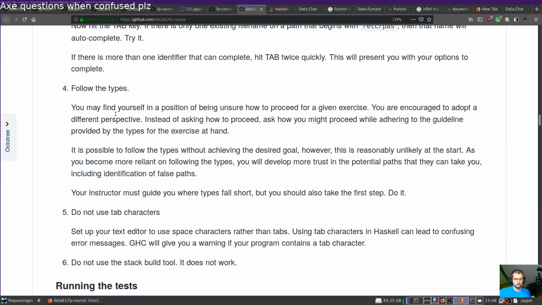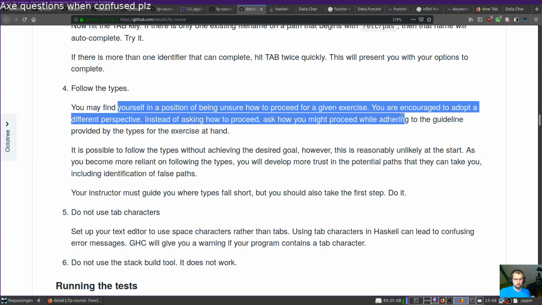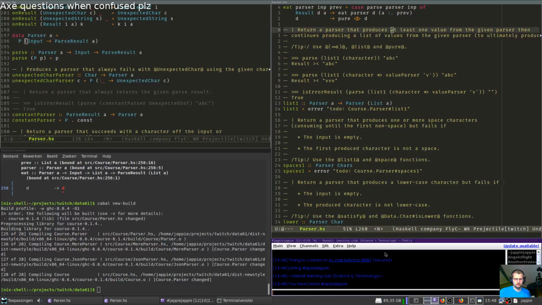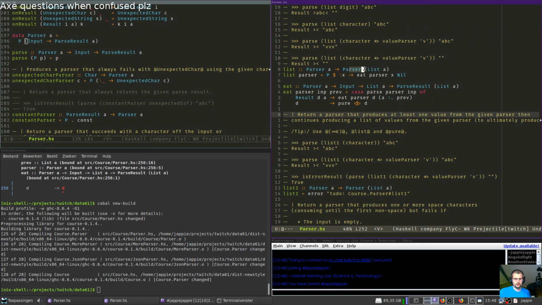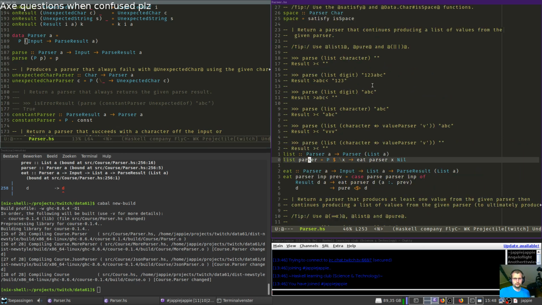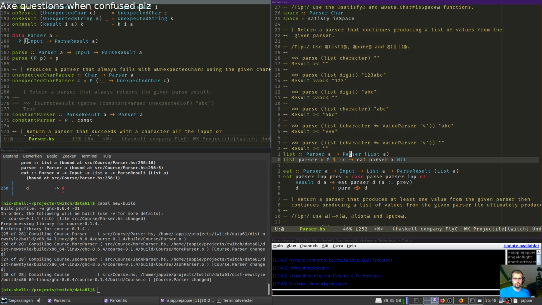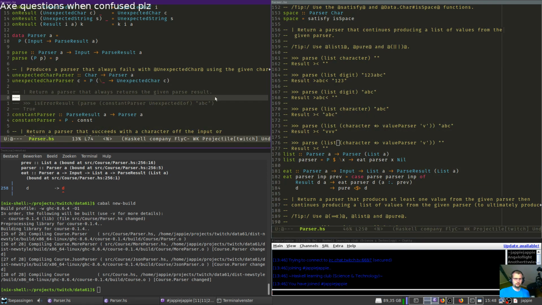Follow the types. You might face up. Yeah, but it doesn't always work, right? Because in this case, I showed it in the beginning, you can just fix this function by doing pure, fmapping pure into this thing. But the expected behavior is not this function. Types help you a long way, but not really the entire way. And even now I'm not sure that this is right. Looks right. Maybe. I think they have tests for this somewhere, but I don't know how to use that.